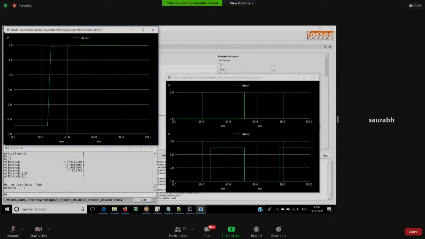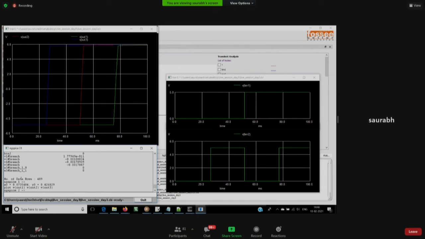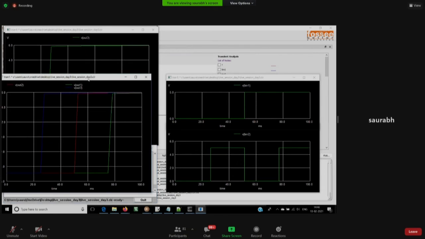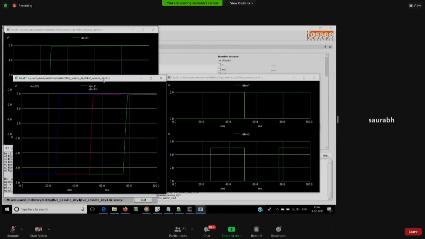Yeah, before I do that, I'll just quickly finish this here. Now referring to the time scale, you can see that for almost 25 milliseconds there is no input signal from the analog side.